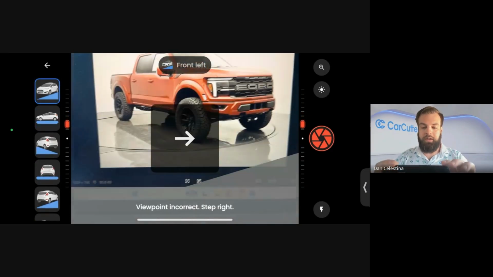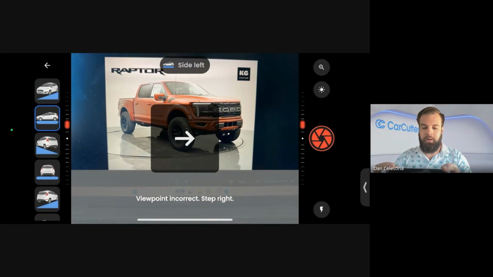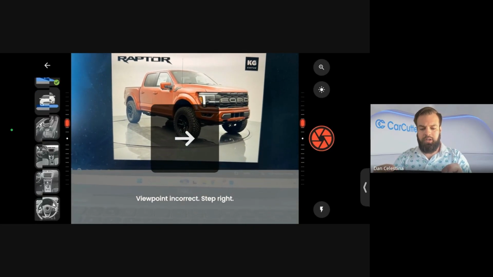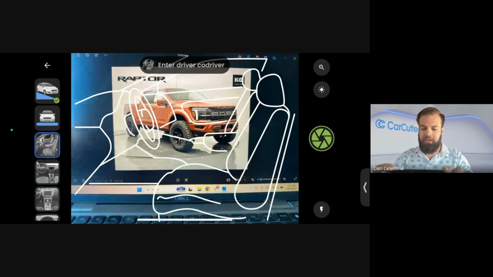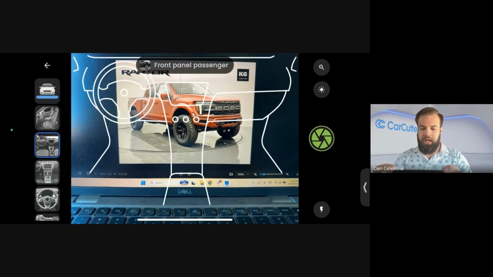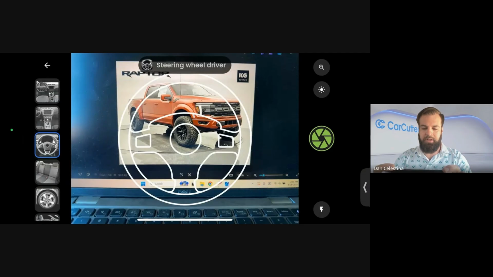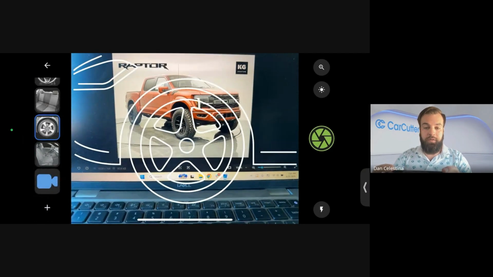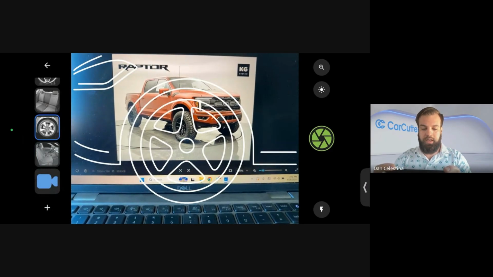Again, all the exterior photos will guide you on how to take the proper images. The interior photos are a little easier to take. They just have a simple guideline, and you just have to line it up the best you can to capture the images. Now, if you need to add additional photos to your photo set, you can hit the plus button